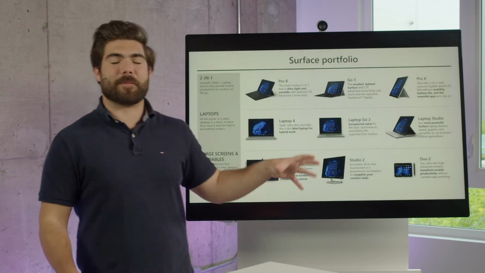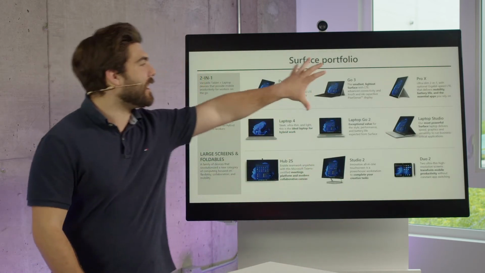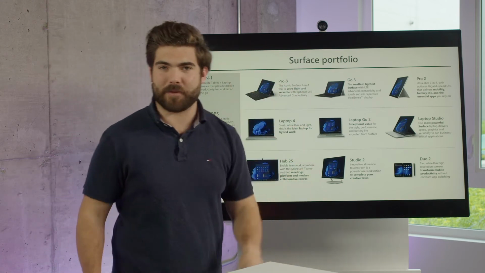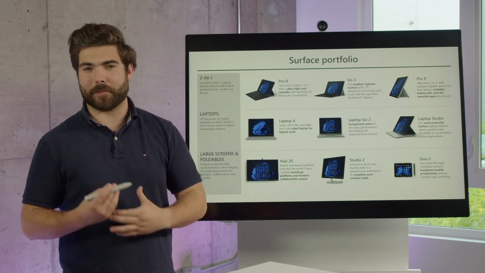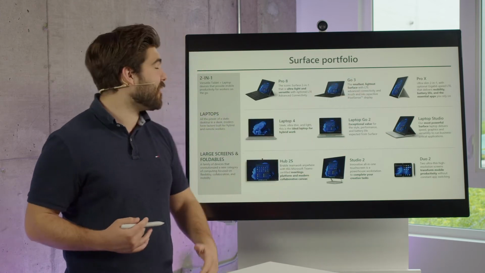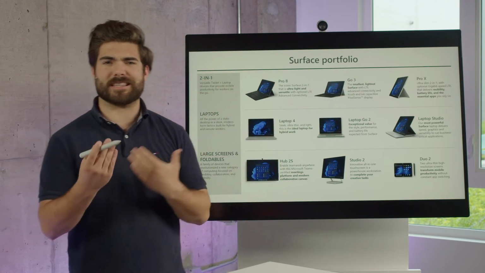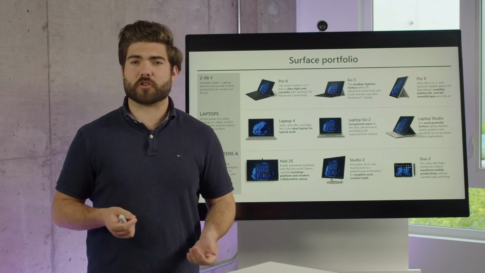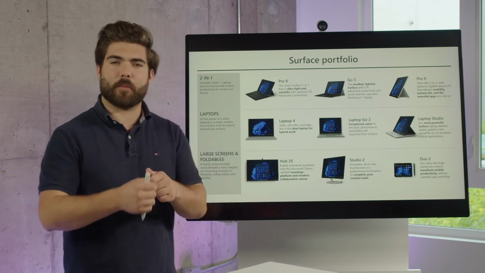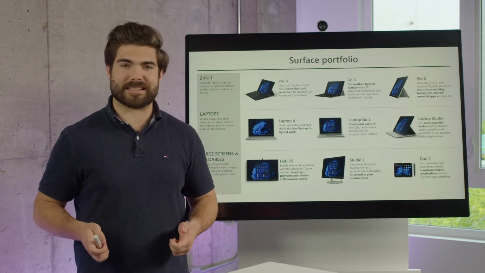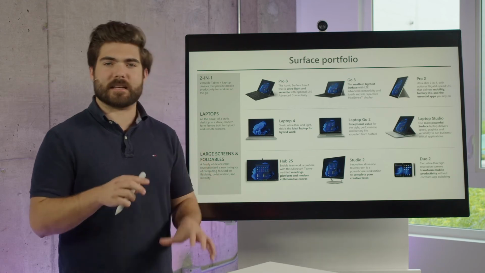Now, let's talk about our actual devices themselves. I like to call this the Brady Bunch photo. It's this nice, smiley, happy photograph of our current Surface family members. We have them broken down into families within the families here. We have our versatile 2-in-1s. These devices are made to emulate not only a laptop form factor, but also a tablet as well. Their keyboards are able to detach magnetically so that you can hold it and utilize it as a tablet. You can ink and annotate and touch on the screens.